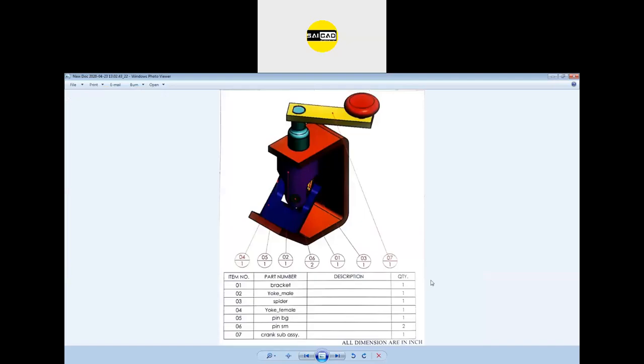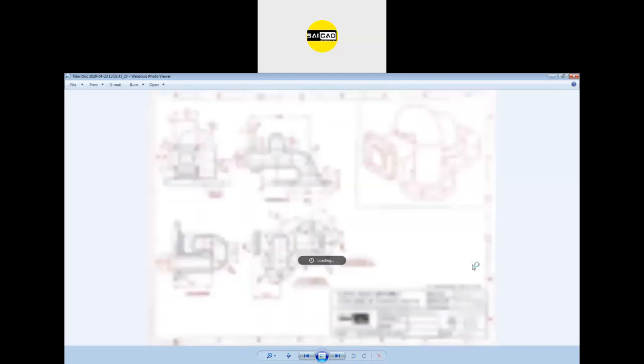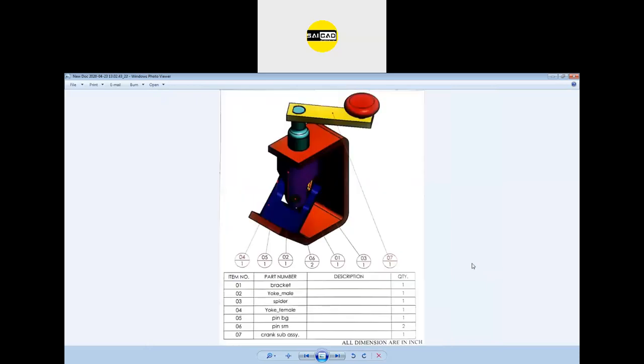Okay, here you can see we have this drawing with bill of material and this balloon. So these balloons, this drawing was created in SolidWorks. So we have different kinds of balloons here. Okay, and if you go to another drawing, you can see like that.